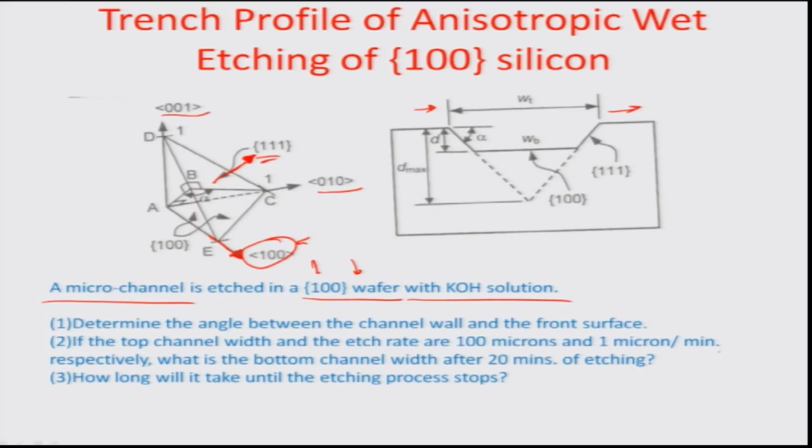Okay. And the other issue that we would like to find out is something about the etch rate. So, if the top channel width and etch rates are given, let us say the top channel width is about 100 microns and the etch rate is about a micron per minute, what is going to be the bottom channel width after 20 minutes of etching, and how long it will take until the etching process stops. So, in order to do this numerically,